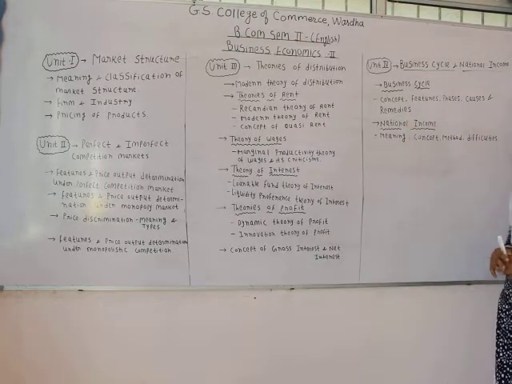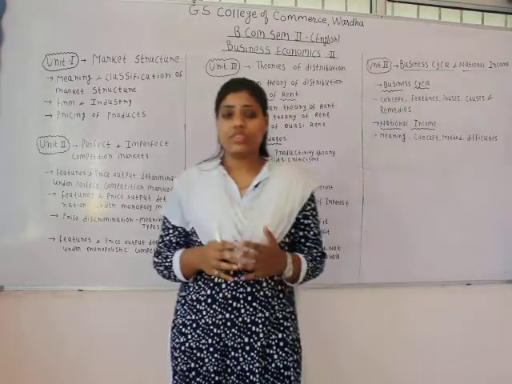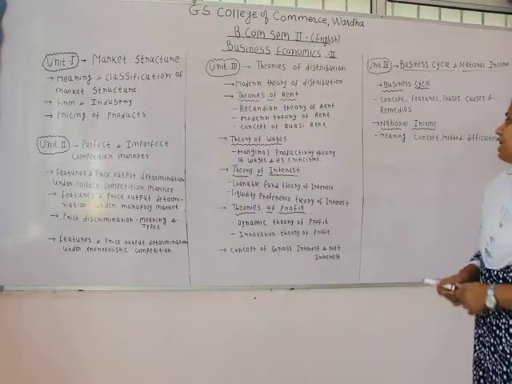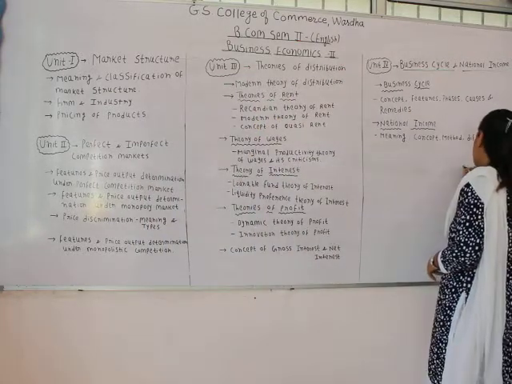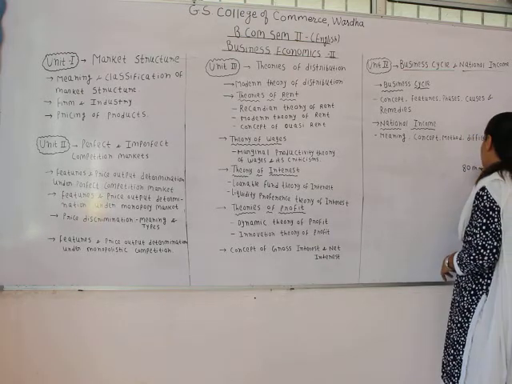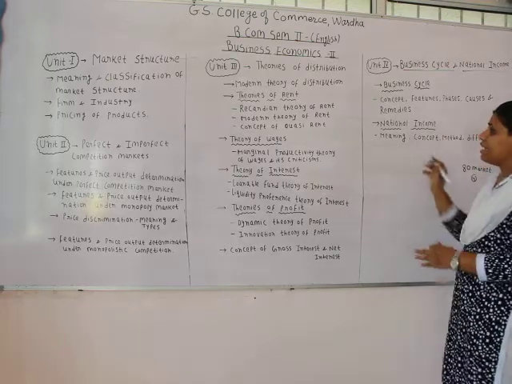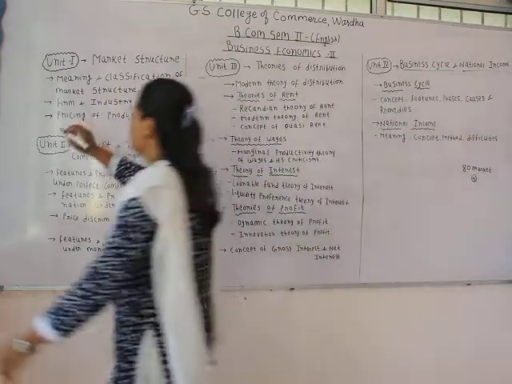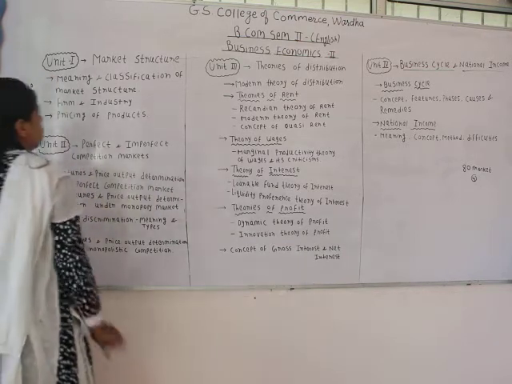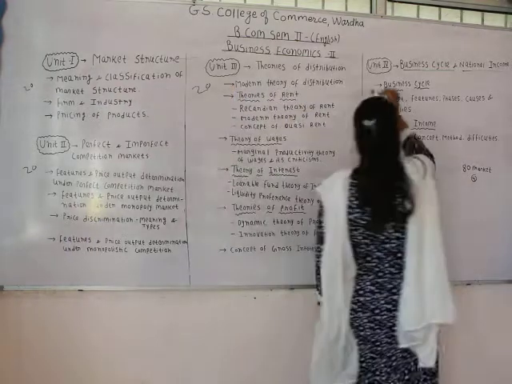After that, if you are going to have your examination in the traditional system, you would have a traditional paper of 80 marks, which would be divided into 4 units, and each unit would carry equal marks. Like unit 1 would carry 20 marks, unit 2 would carry 20 marks, unit 3 would carry 20 marks, and unit 4 would carry 20 marks.